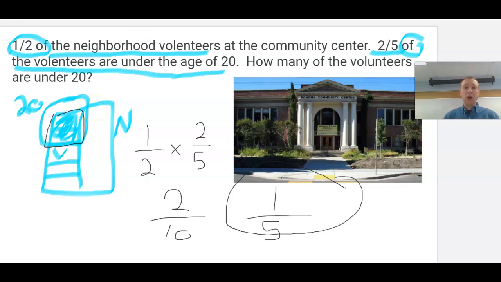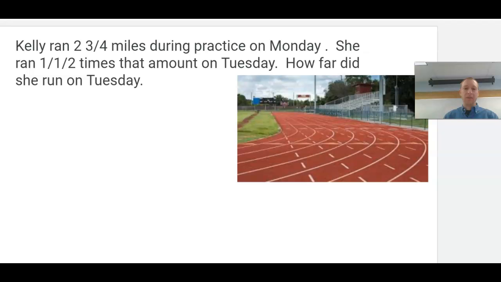Okay, so I would like you to try this one on your own. It is a mixed number problem. All right, so read it and go ahead and solve it and bring it to your